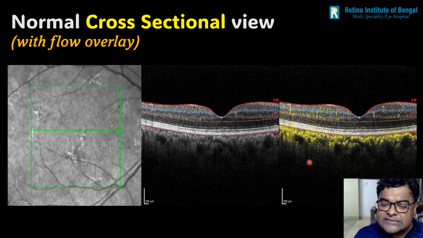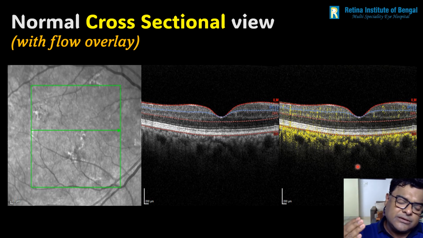and then you will get an adjacent image like this, which is a composite of the structural OCT B scan with the flow overlay. All these yellow dots are the places where the OCT angiography machine has detected flow. So this is an OCT angiography image where we have the structural OCT with the flow overlay. But this image is very difficult to really appreciate the blood vessels,